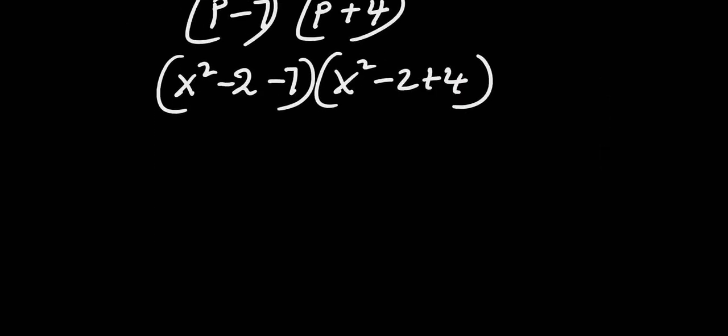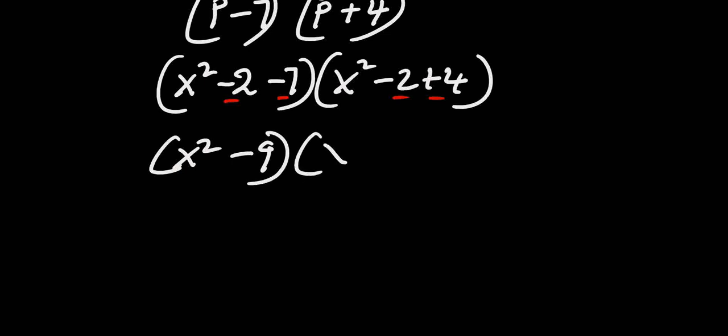So now let's combine like terms. This is negative 2 negative 7, and also we have negative 2 and plus 4. So negative 2 negative 7 is negative 9. So this x squared negative 9, x squared negative 2 plus 4 is plus 2. Good. So now this